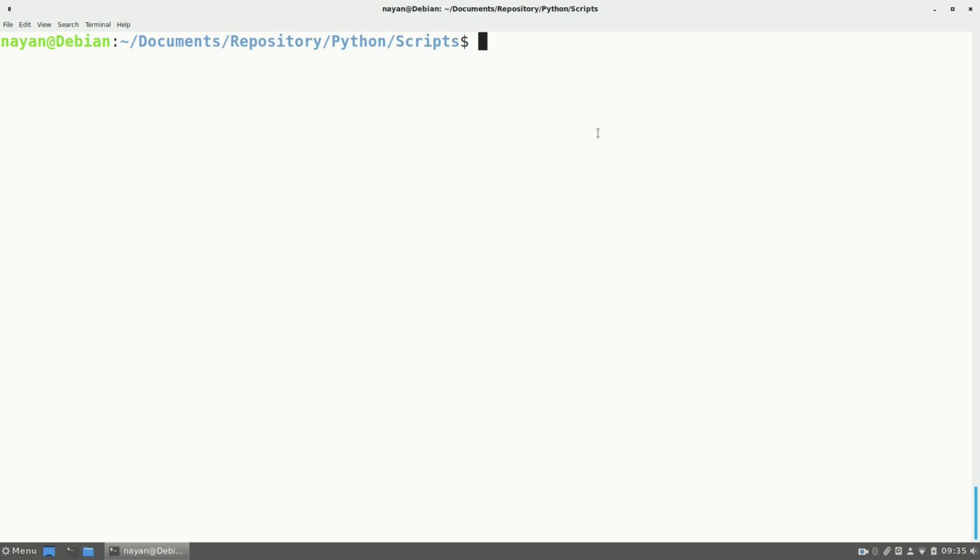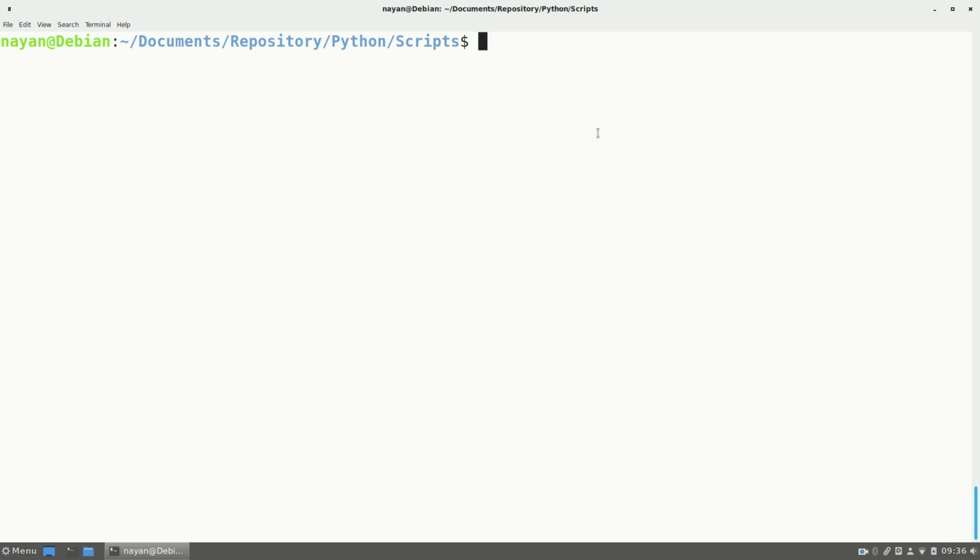Make sure you open the terminal or the command line from the folder where all the required Python scripts are residing, such that whatever Python script you want to run, you open the terminal or command line from that particular folder where that script resides.